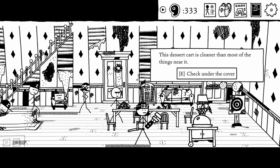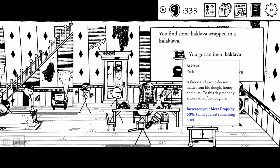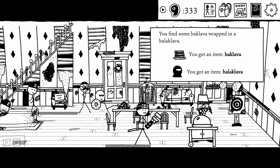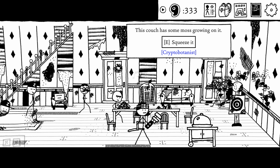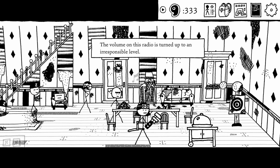Let's see, the dessert cart is cleaner than most of the things near it. You got some balaclava wrapped in a balaclava. Alright. The knob of the snort is slathered in bacon grease. Let's see, we got some powerful grit from the...